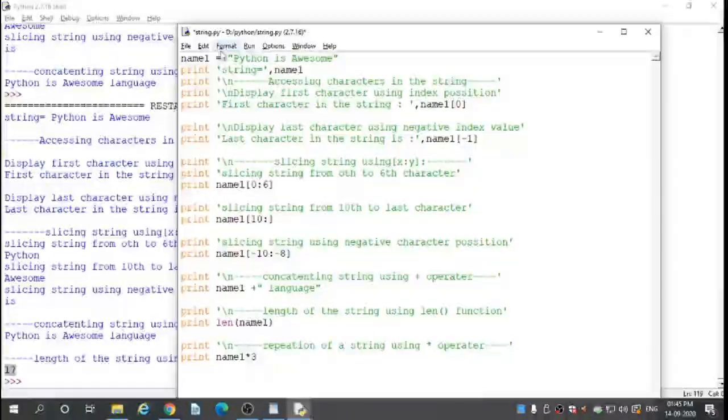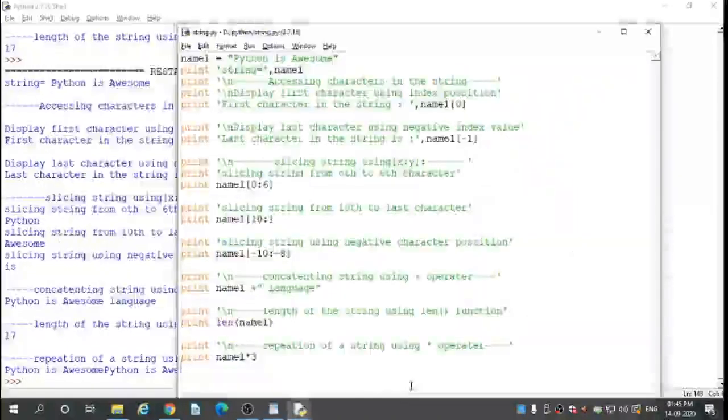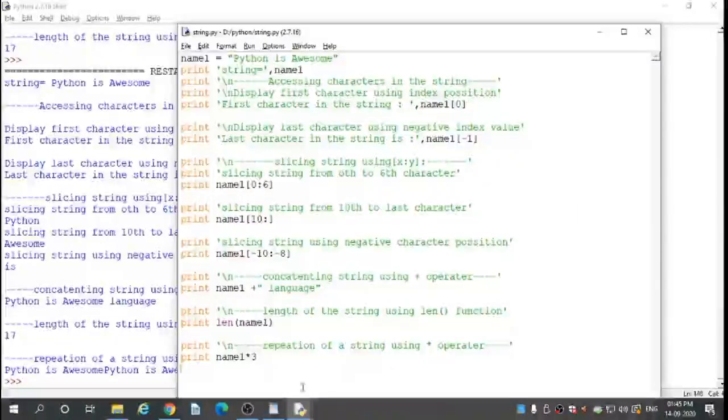Here name1 is our string, Python is awesome. Here star is the star operator and 3. Here I repeat Python is awesome three times. So here Python is awesome, Python is awesome, Python is awesome. Here repeated the string three times, repetition of this string using star operator.